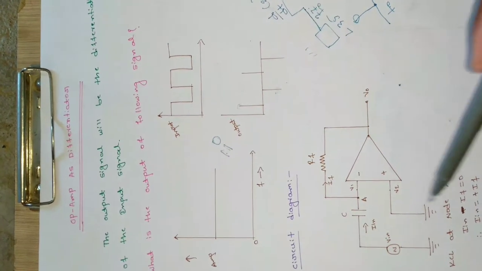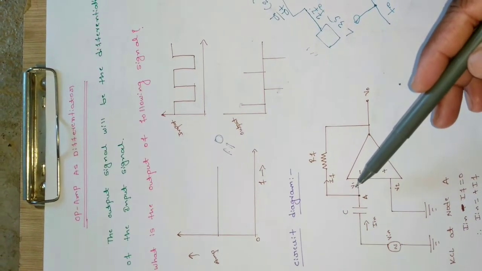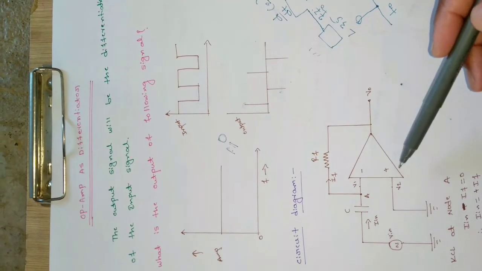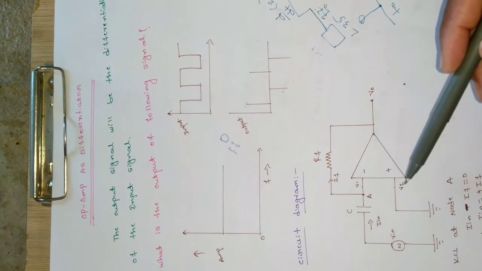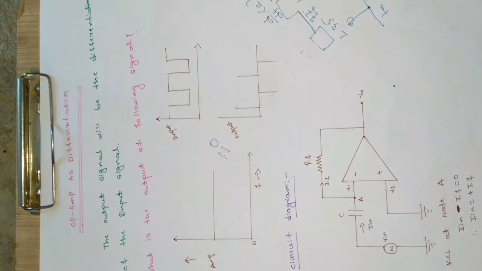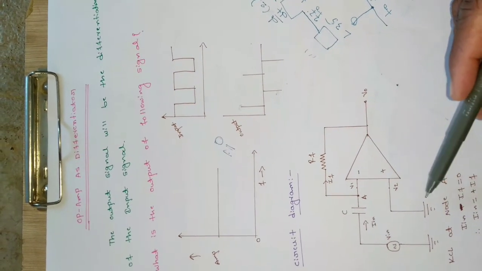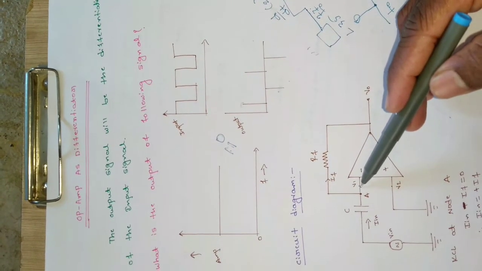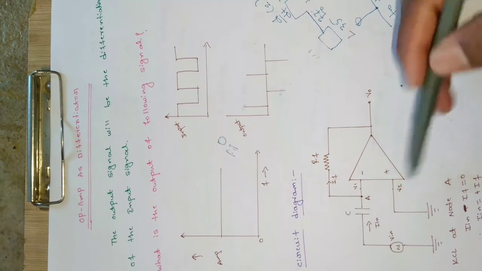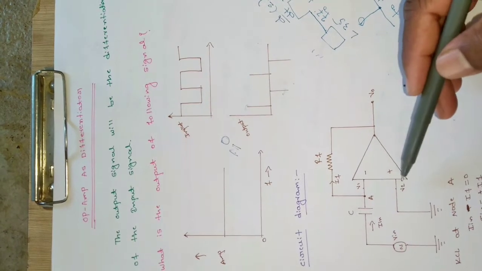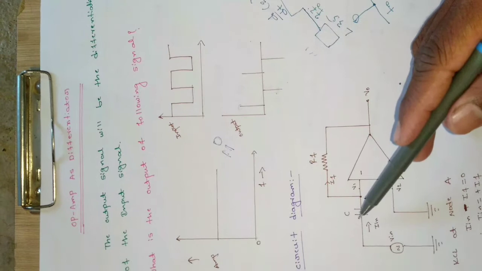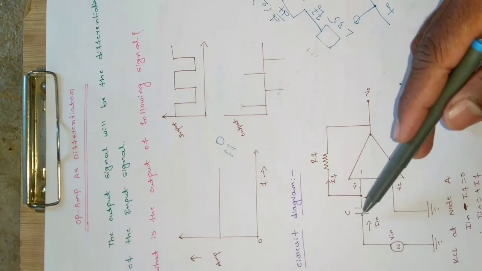These are the two terminals, V1 and V2. This is the inverting one, and this is the non-inverting one. This is the output terminal. The non-inverting terminal, V2, is held at 0. Due to the virtual ground effect, the point V1 will be at 0 voltage here. So V1 and V2 are at 0 voltage, and this is the input supply which is applied, and Vc will be the voltage across the capacitor.